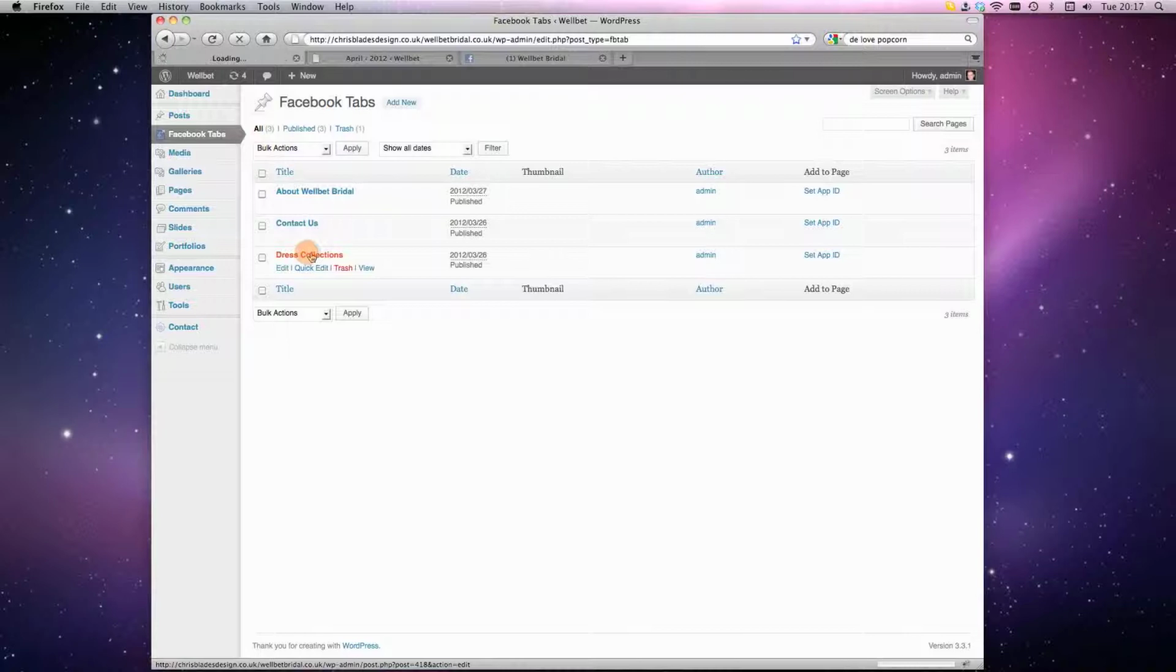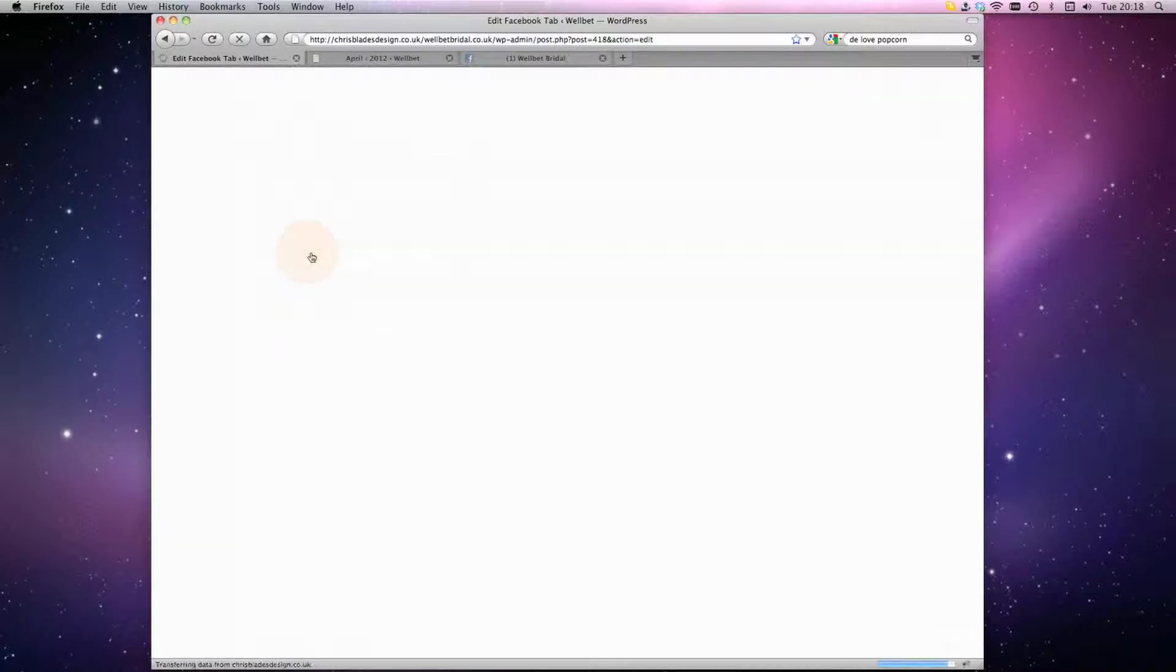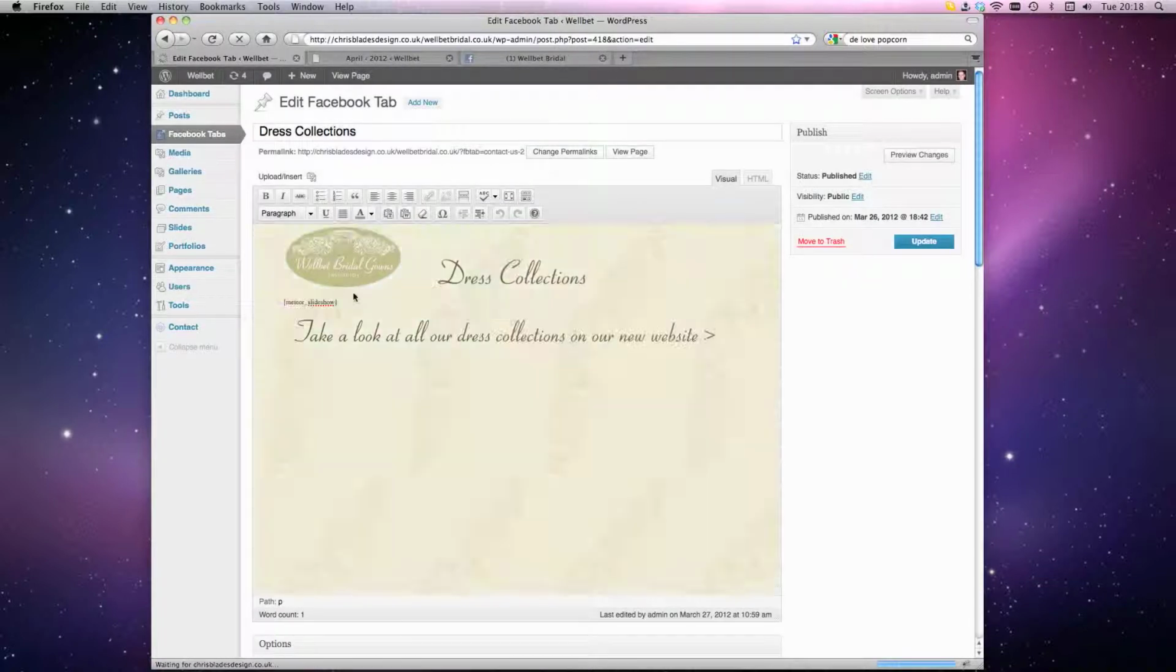On the Dress Collection page, this one's slightly different because you'll notice that there isn't any text on this page, but there is the bit of code there which says the slideshow. To change the slideshow, you need to go to the slide option on the left hand side, select the slides,